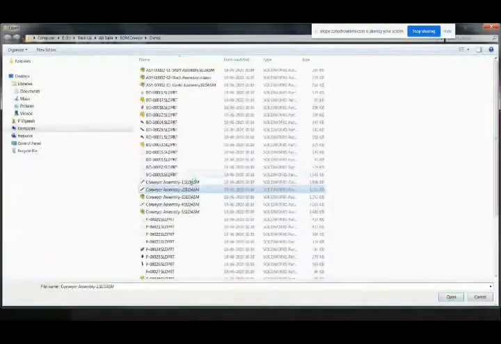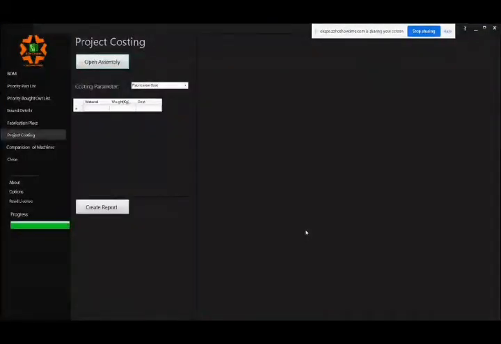Okay, we just quickly go and say open. As soon as I open my assembly, it gives me the details of weight, the material and their respective weight available in my machine. What I need to do is fill in the per kg cost of my material, per kg cost to the company. So when I say there could be a plain carbon steel, I say 130 rupees a kilo. It costs me 130 rupees a kilo. Now this 130 rupees is a lump sum cost to my company. So this includes the material, labor, the surface treatment, the welding operations, etc. So this covers everything. That's the lump sum cost to my company.